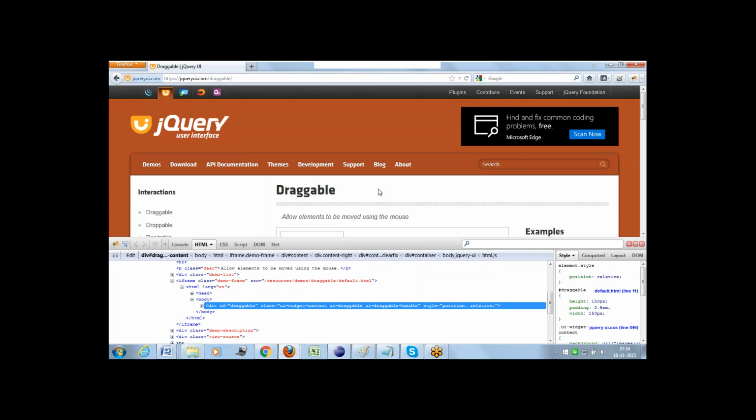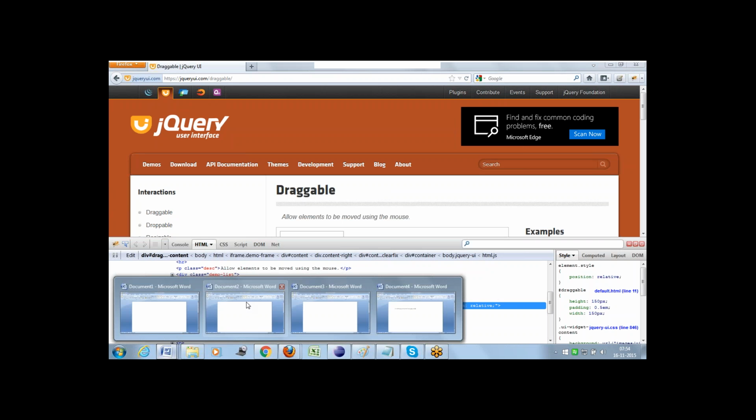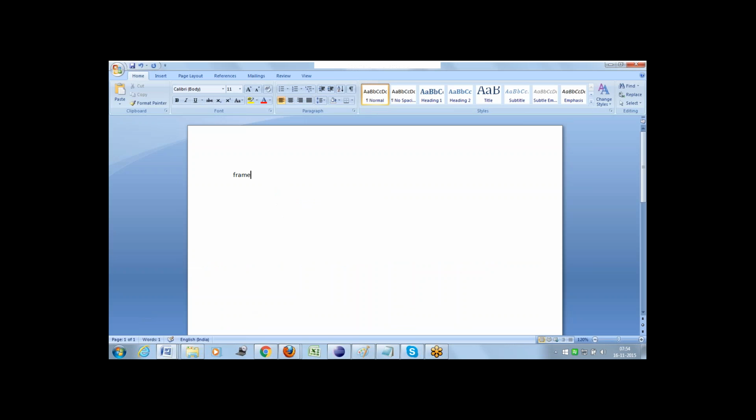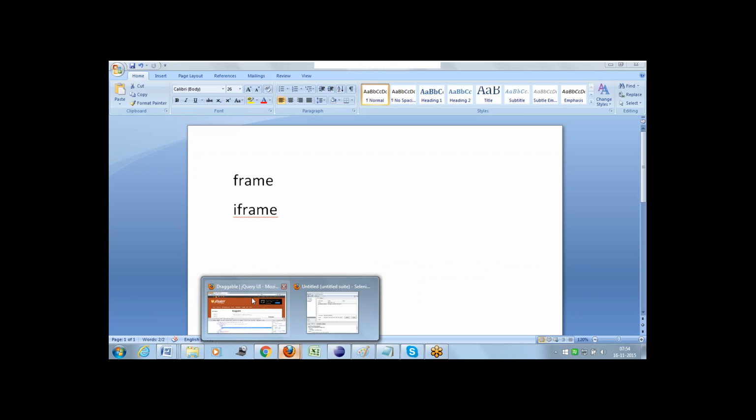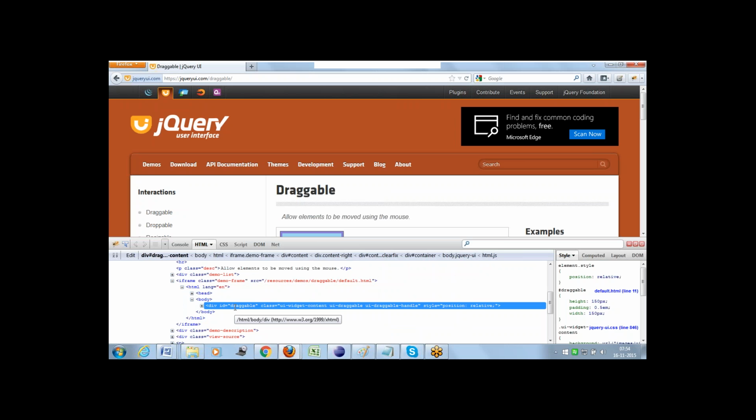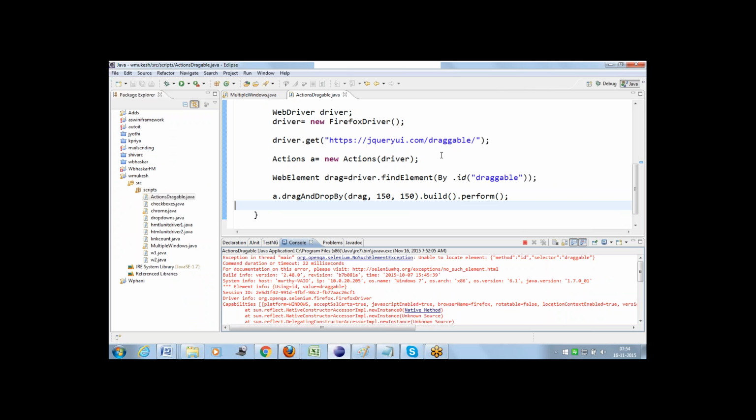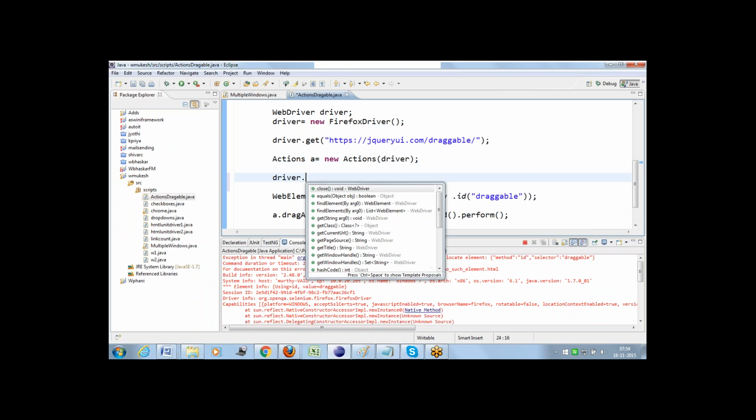Generally, all the frames in a web page will start with a tag name, either frame or iframe. So if you observe this particular object, above this object's information you have an iframe tag, and this is its class name. Copy the class name, go back here,